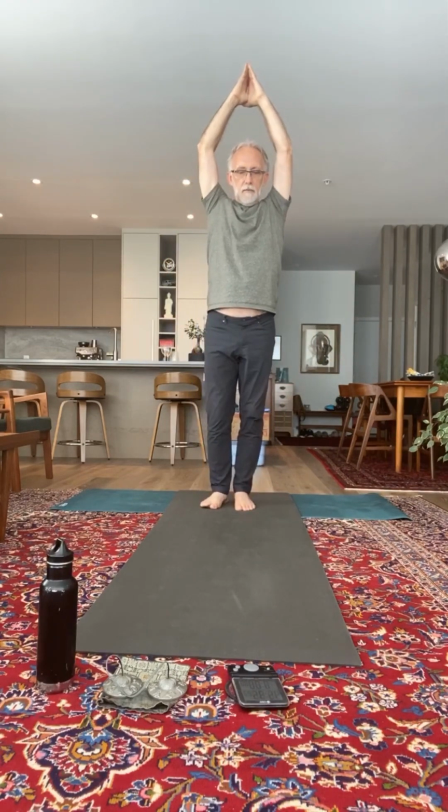And then lead with your chest. Tip from your hip crease there. Maybe flare your hands out. Point your back toes. Chest forwards. Tip forwards. Balance here. Toppling tree. And then inhale, step to the back, hands up, exhale,